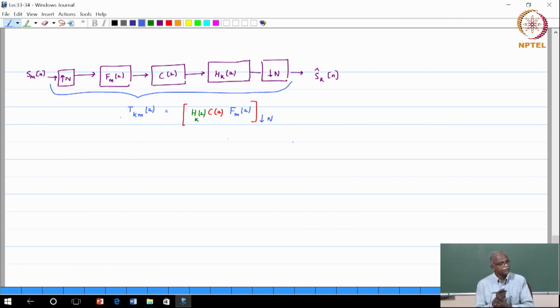Okay. This is the result that we have just now derived. So, this is downsampled by m, and you can multiply these filters out and check what sort of response you get. Now the range is k, m greater than or equal to 0, less than or equal to m minus 1. There is no n in this part because there are m inputs and m outputs, and I have transfer functions between them. This matrix T k comma m will be an m cross m matrix because m inputs can be related